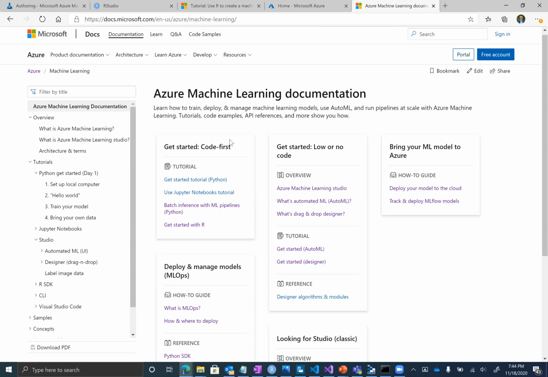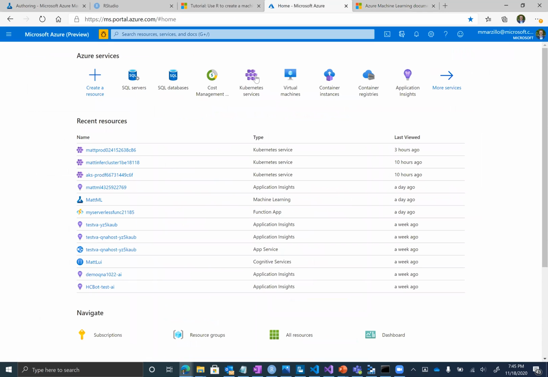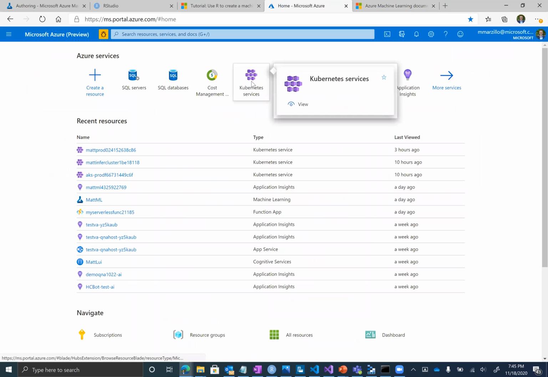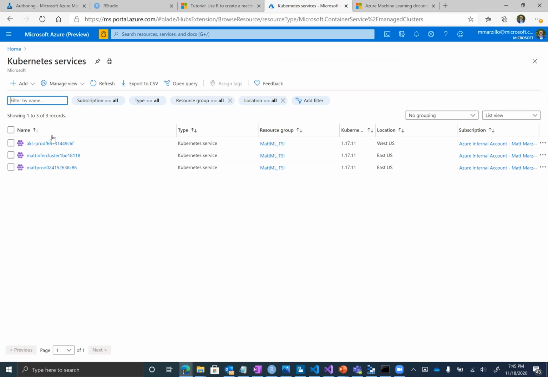Yeah, so I'm by no means an expert, right? The way that we do it is with Kubernetes clusters. I can really only speak broadly to it: you have these clusters, which are basically clusters of nodes or virtual machines, and then every model that you have, you put in a container and put into one of these clusters, right? As far as the technical specifics, I can't say exactly what's happening.